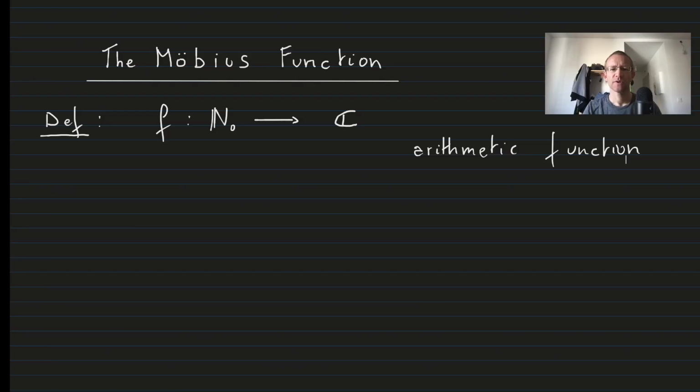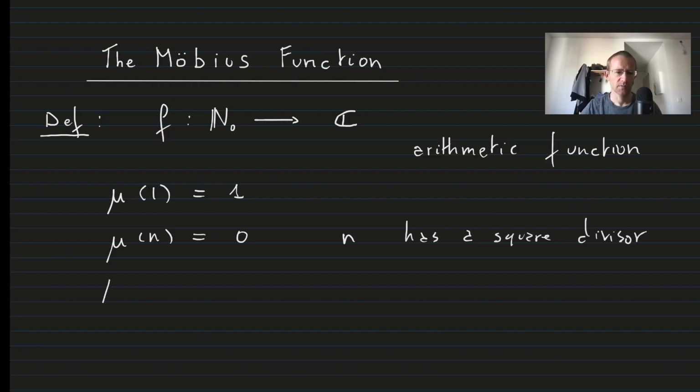Let's study the Möbius function. It's an arithmetic function which is defined from the strictly positive integers to complex numbers. It's called mu, and mu of 1 by definition is 1. Mu of n is 0 when n has in its prime factorization a square,